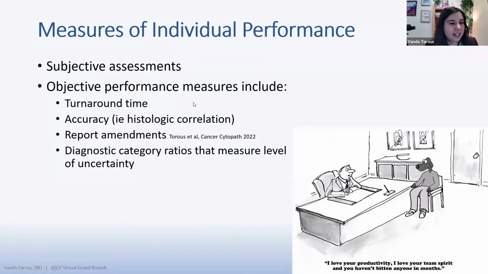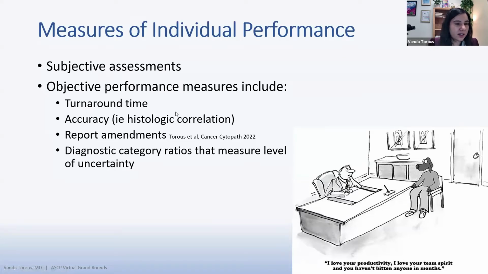So why is this? If you think about it, if somebody comes to me and they have a subjective assessment, like either, oh, you're doing a fantastic job, that's great, but it's really not giving me tangible information about how I'm performing. Or if there's some negative feedback, it's always more, I think, digestible to be able to have numbers behind that as well. So for a number of reasons, it's good to have both, but you do want to have some objective performance